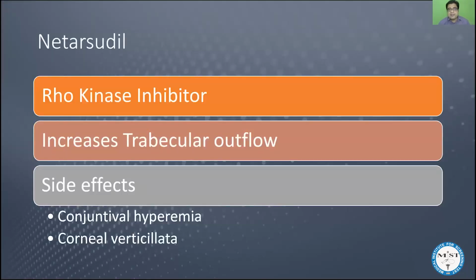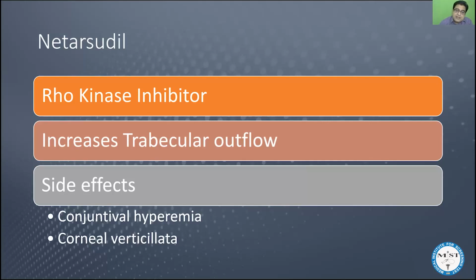Number three group of medicines that can increase the drainage of aqueous humor is netarsudil. Now, netarsudil is a new medicine in this anti-glaucoma class. This medicine is an inhibitor of an enzyme. We call it Rho kinase enzyme. Now, this Rho kinase enzyme is required for the maintenance of tone of blood vessels as well as other tissues. So whenever we block this Rho kinase enzyme, that will lead to loosening of the trabecular meshwork. So trabecular meshwork tone is maintained by Rho kinase. If we inhibit this Rho kinase enzyme, then the trabecular meshwork becomes loose and that will lead to increased trabecular drainage. So netarsudil is responsible for increased trabecular outflow.